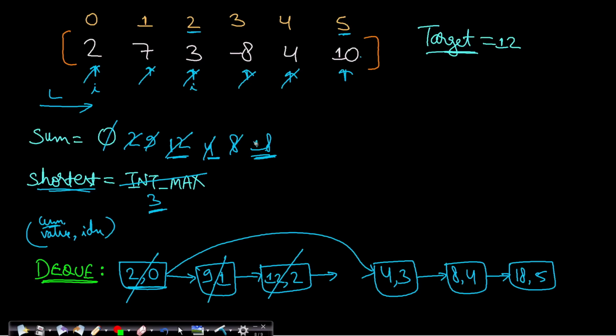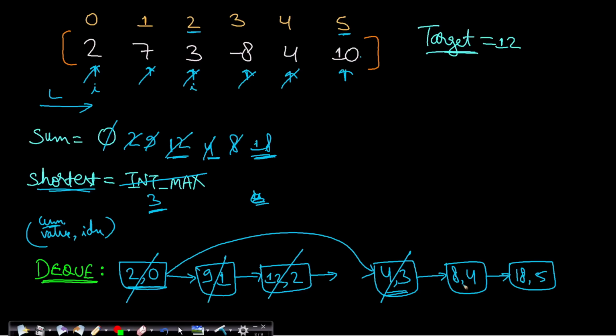Okay, so if you pop it out, the sum value will be 18 minus 2, which is 16. Still this is greater than equals to target. Can we remove this 4, 3? If we remove this 4, 3, then the cumulative sum till this point is 4. If we remove this, then the remaining sub-array will have sum 18 minus 4, I mean 18 minus 4 is 14, which is greater than equals to target. So you can remove it. Okay, now the next element is 8. Can we remove this? So if I remove this, then the sum available with us with the sub-array from starting from index after 4 will be 18 minus 8, which is only 10.